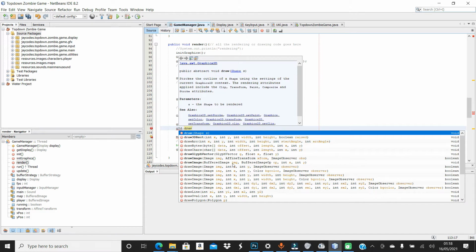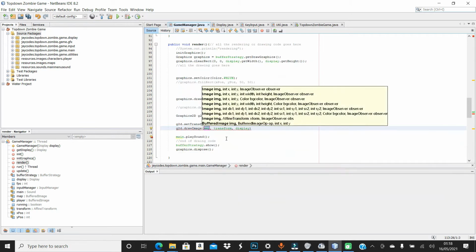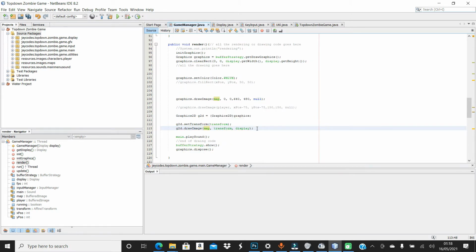So this image, affine transform, and image observer. So actually, what we would usually do is do this. Instead of setting the transform to the G2D object, we simply just do this. Yeah, this is much better, and we don't need to do this. So for the image observer, I'm just simply going to say null,